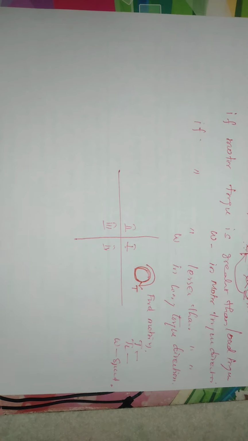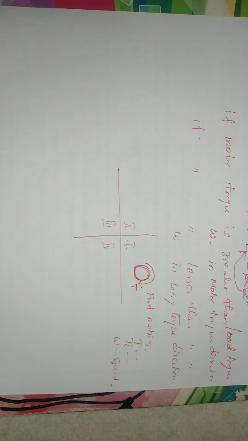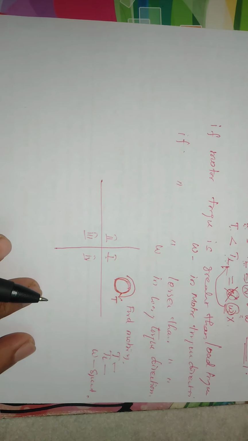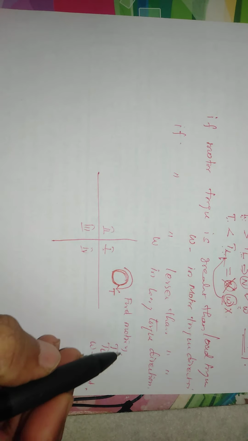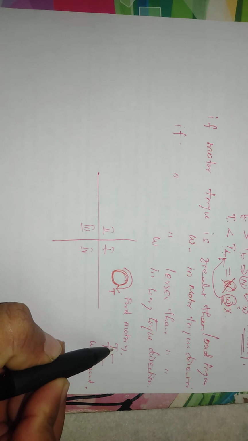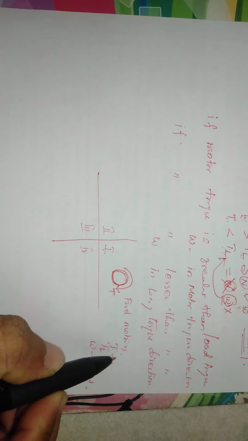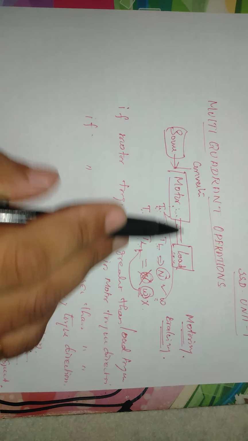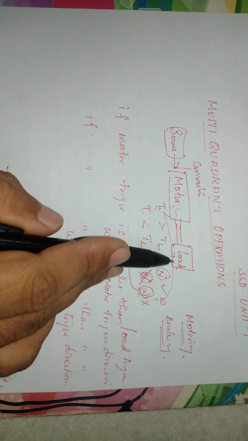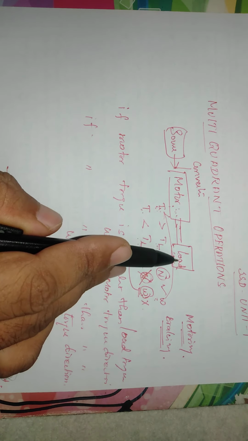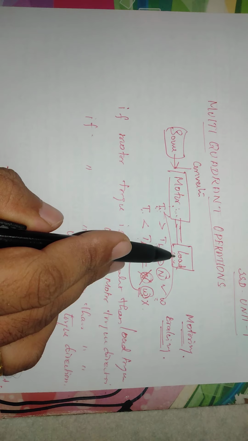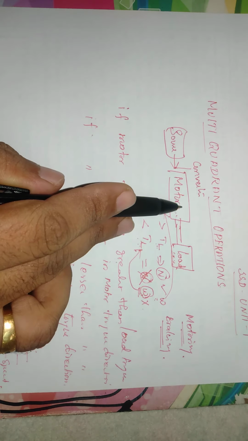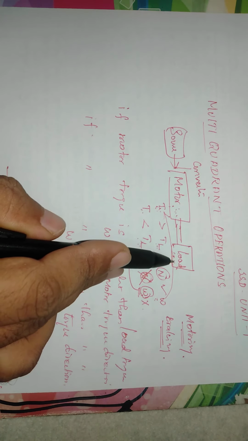Motor direction is T. And then the load torque direction. If the motor torque is in one direction, obviously the load torque will oppose the motor torque. Yes, because this is motor and load. The motor starts motoring, but what is the meaning of load? Moment of inertia, and we have the friction coefficient, which are the things that oppose the motor torque. Then only will the load be at rest.